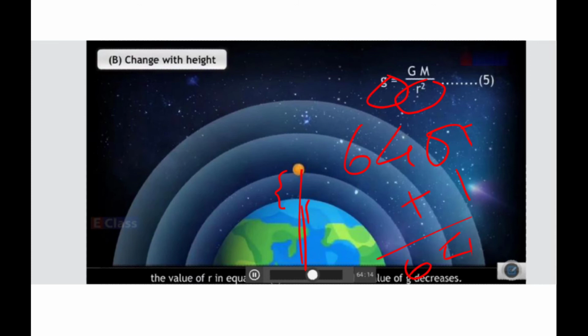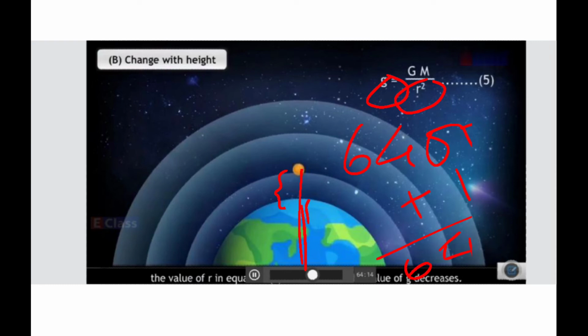410 kilometer, right? So when you just divide by 6400, that means 6.4 into 10 raised to 6 or 6.41 into 10 raised to 6. It will not give much difference. But it is like, see, if the sari is of 499, so if you give 500 to the shopkeeper and he wanted to give 1 rupee back, you will say it's okay if you'll not give 1 rupee change. So as compared to 500, 1 rupee is very less value. So it is negligible. Followed?